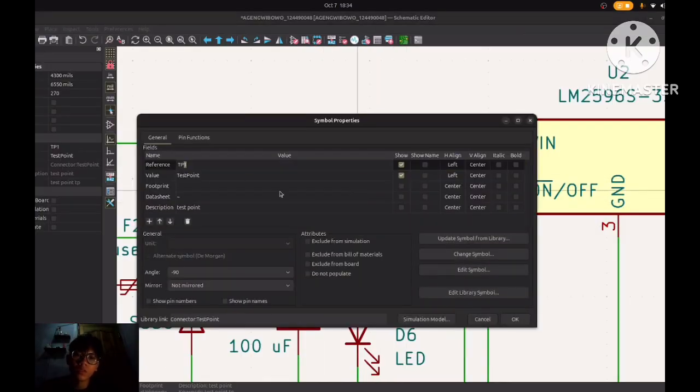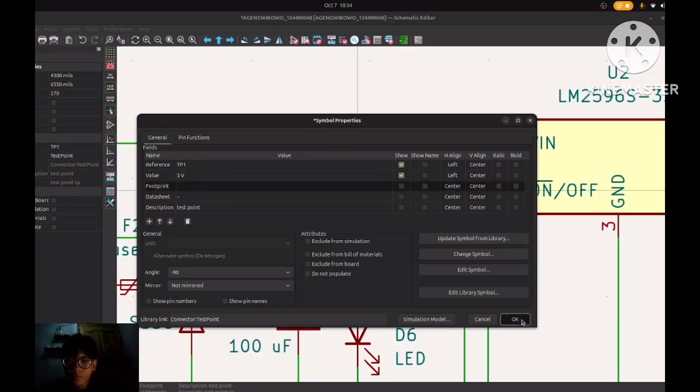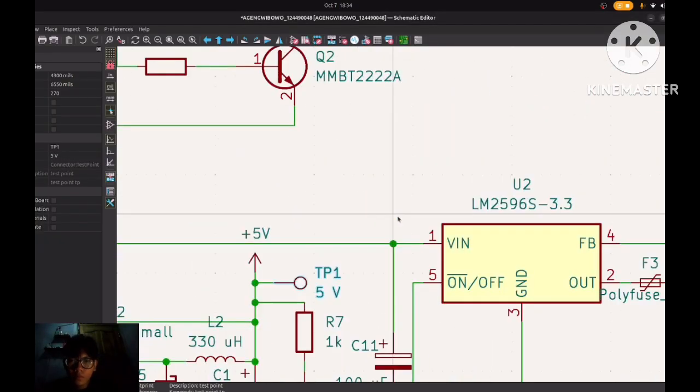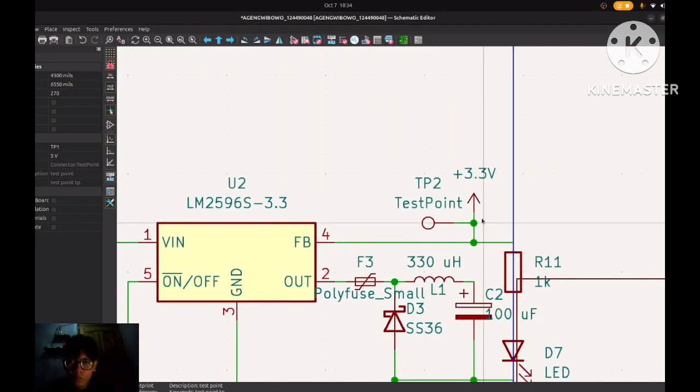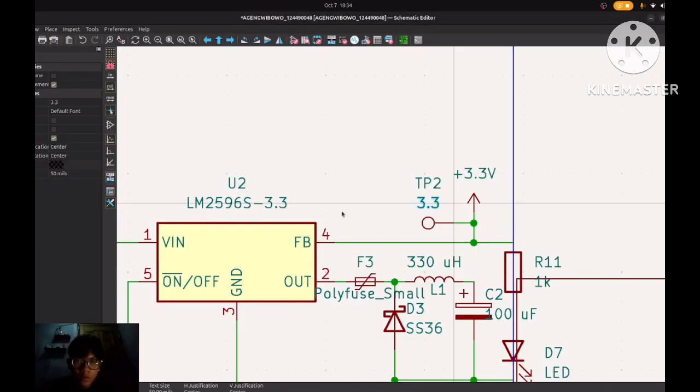Double click this 5 volt, and this 3 volt.